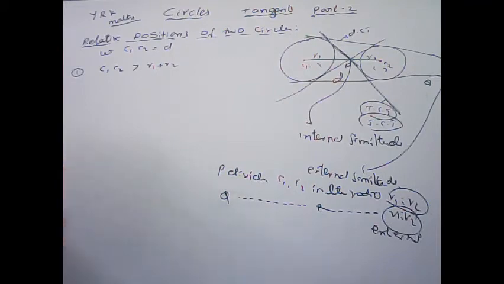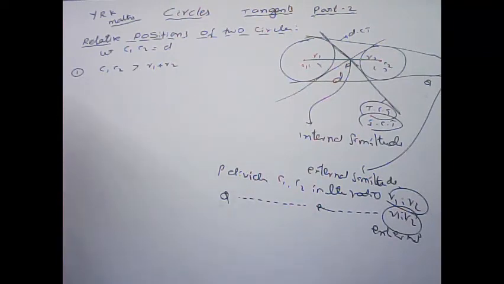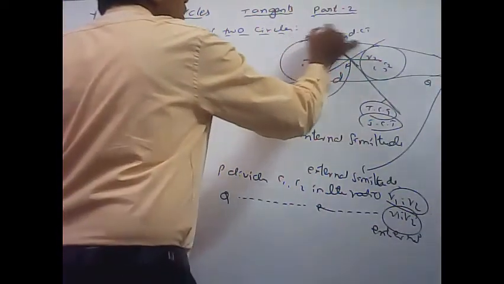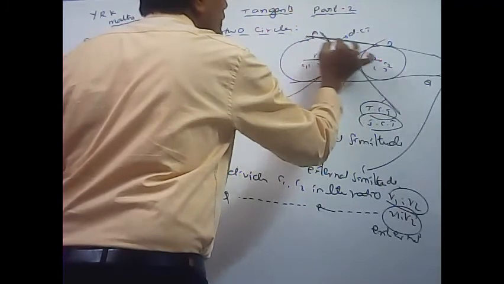Here, the external formula is (mx2 minus nx1) by (m minus n), (my2 minus ny1) by (m minus n). Like that we can get the internal and external similitudes. Now here, this one I am taking AB. This one we say is the length of the direct common tangent also.